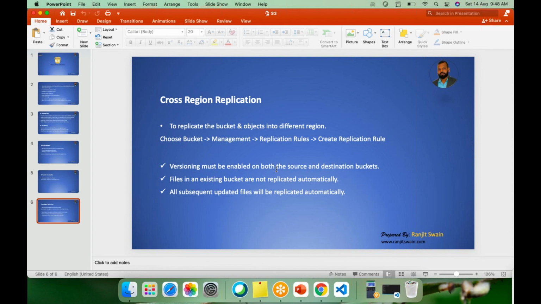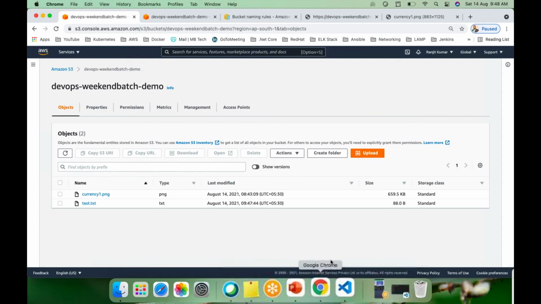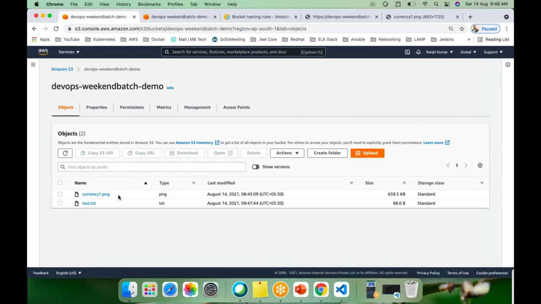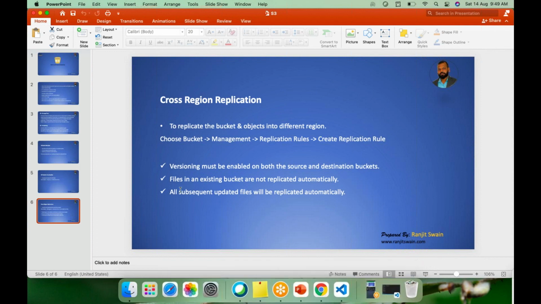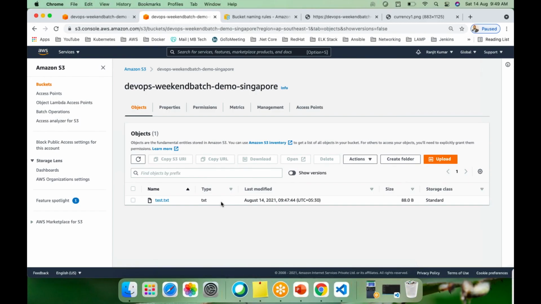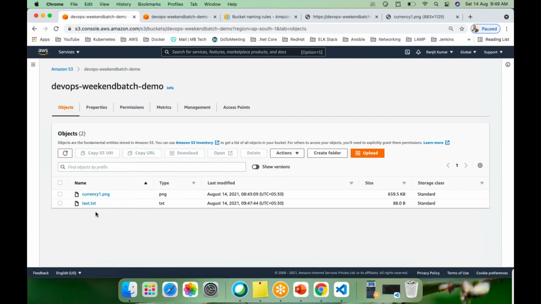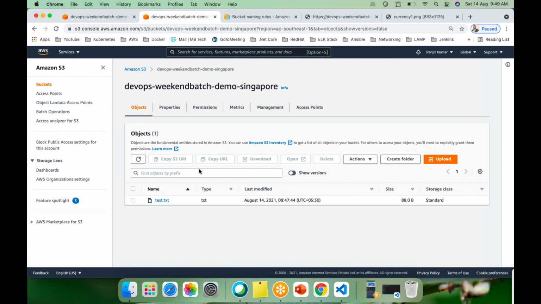So what I can do is just close this one, and now that I uploaded the file, just refresh this here. Oh, the file is still not coming. Okay, if I select this version, now the file is there. Actually, the file came here. So it takes just a few seconds for the file to come, and the storage class is standard.